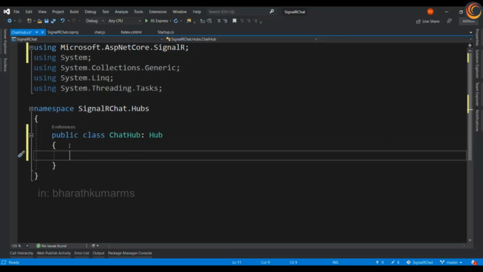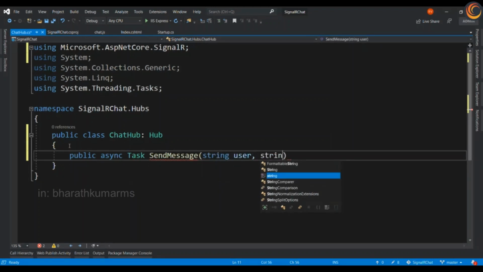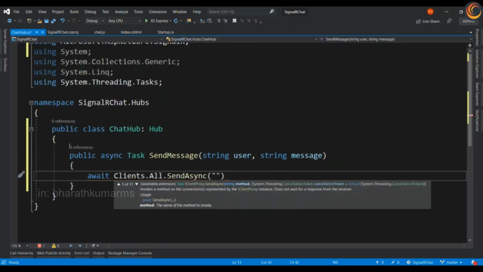Now let's go ahead and write the SendMessage. And let's do the await, and call it Receive.